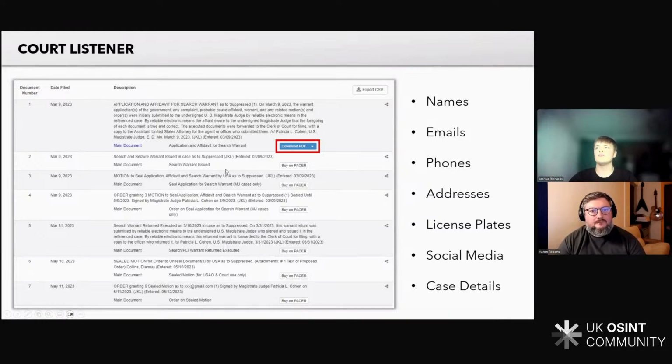You can see that most of them say Buy on PACER. So those have not been purchased already by a CourtListener user. You would have to go and buy those yourself on the official PACER website. However, the top one says Download PDF. So without even signing into anything, we can just download this official court records document